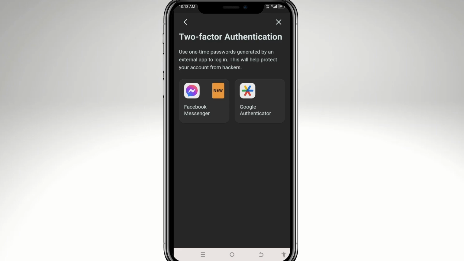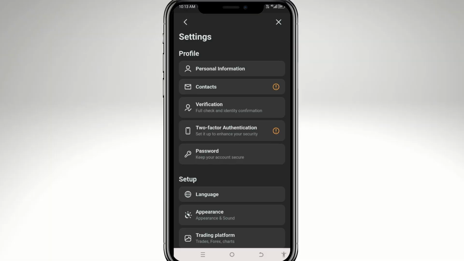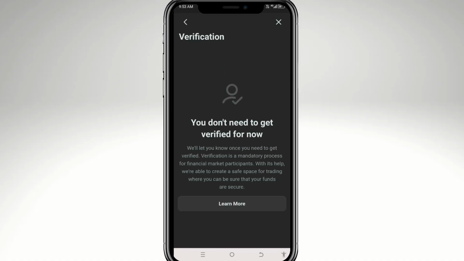Once you've completed all of these requirements, go to the verification tab, continue the rest of your KYC process, and then click the verification. Now, this is very important. If you see a notification saying something like, you don't need to get verified for now, don't worry, because this